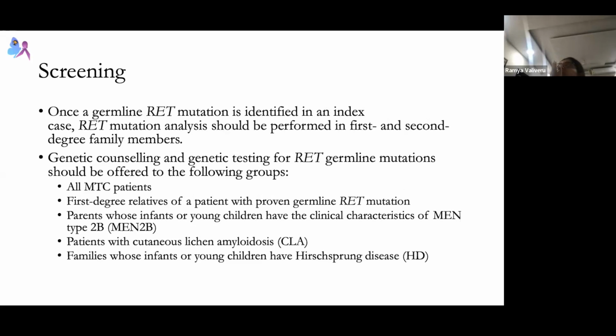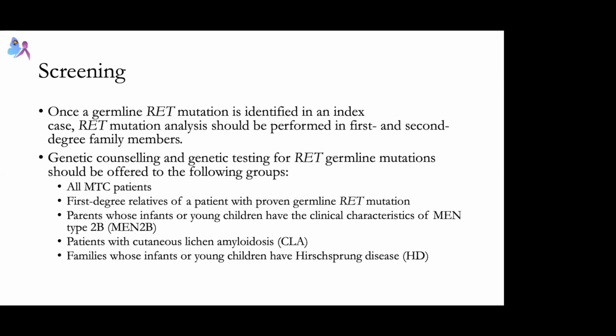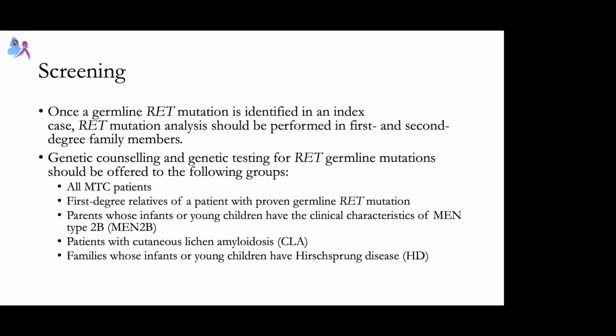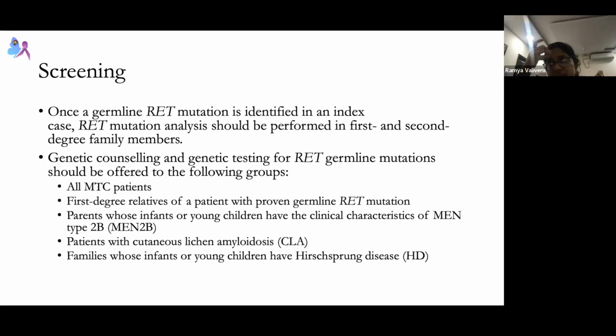Actually, the mutation of RET in Hirschsprung's disease apparently is 40%. Yes. We recently had a presentation of infant GI malformations, and in that they were discussing that there is about 40% incidence of RET mutations in infants with Hirschsprung's disease. So we have to test all these kids for that.